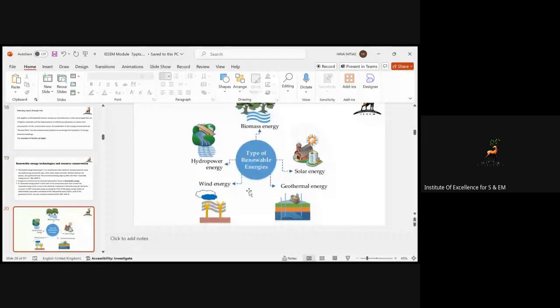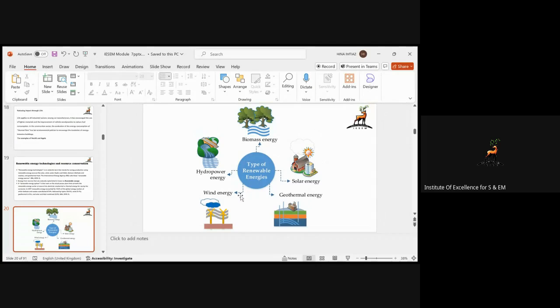So here we already discussed that there are five types of renewable energies: the biomass energy which comes from plants, the solar energy which comes from the sun, the geothermal energy which comes from the land, and the wind energy, and the last one is the hydropower energy, which is the result of utilizing water as a source of electricity. So towards the next one,